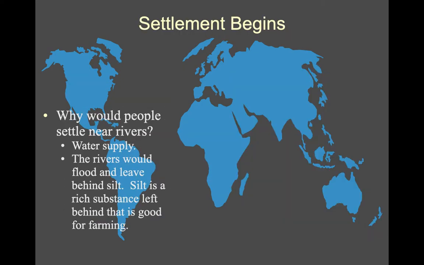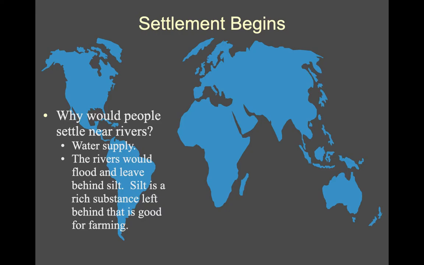So, once settlement finally begins, I want you to think about why would people settle near rivers? Almost all of the ancient civilizations that we're going to discuss this year have people settling by rivers. Why would they do that? Water supply. The rivers not only provided them with drinking water and an ability to fish to provide themselves with